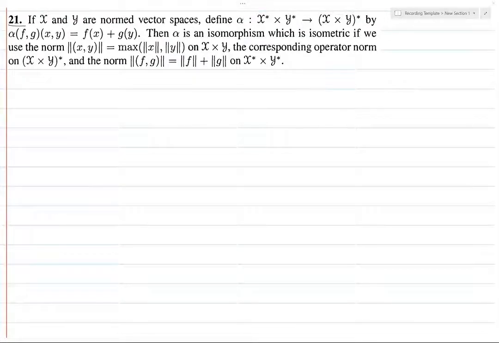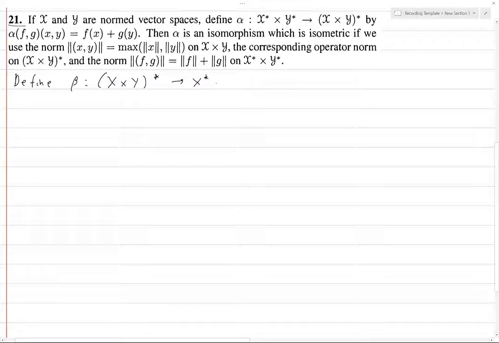Alright, exercise 21. This one's a little tricky and it has quite a bit of notation, but it's not too bad. So, first, what do we want to do? We want to define, since we've got alpha in use, let's define beta from X cross Y star to X star cross Y star by beta of h is the pair (f, g), where